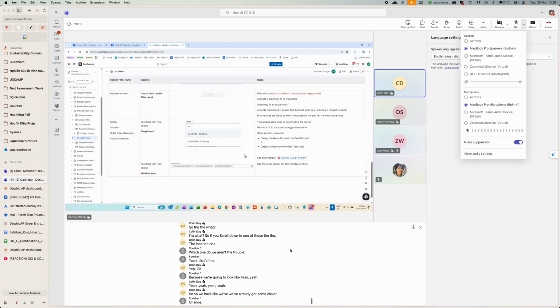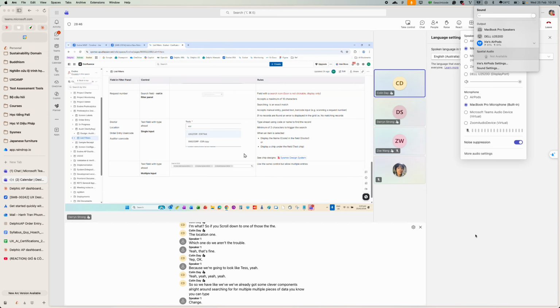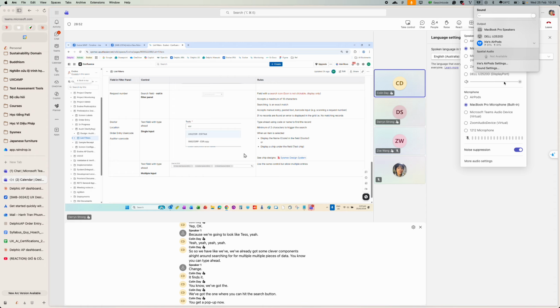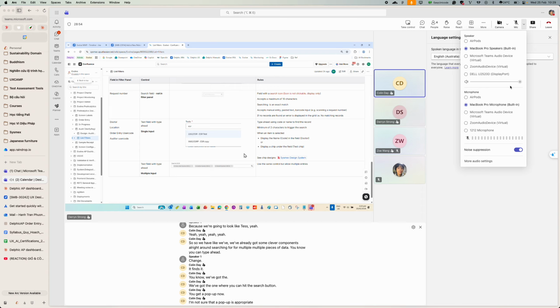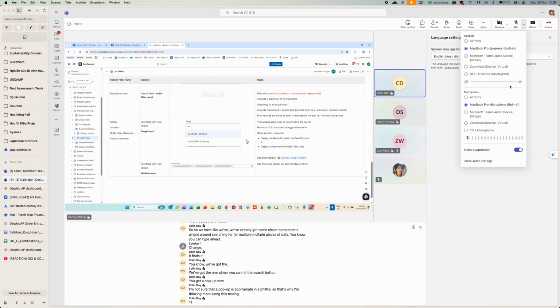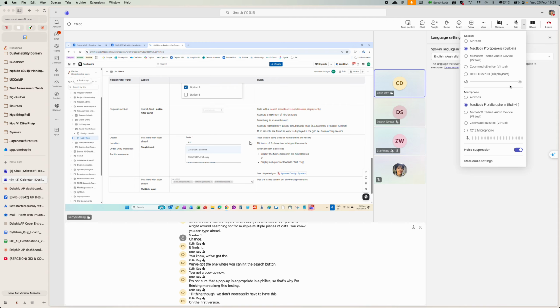We've got some clever components around searching for multiple pieces of data. You can type ahead, it finds it. We've got the one where you hit the search button, you get a pop-up. Now, I'm not sure that a pop-up is appropriate in a filter, so that's why I'm thinking more along this testing. One thing though, we don't necessarily have to have this on the first version. However,